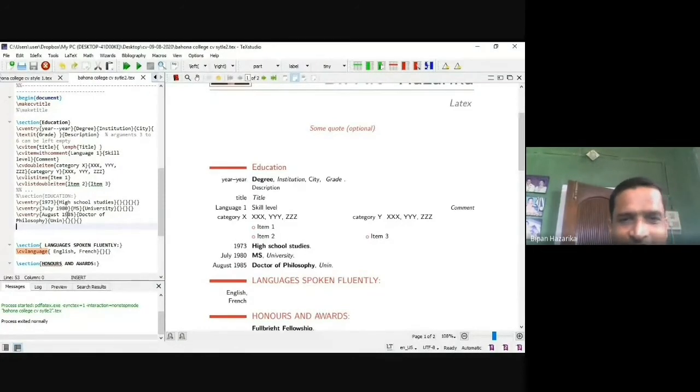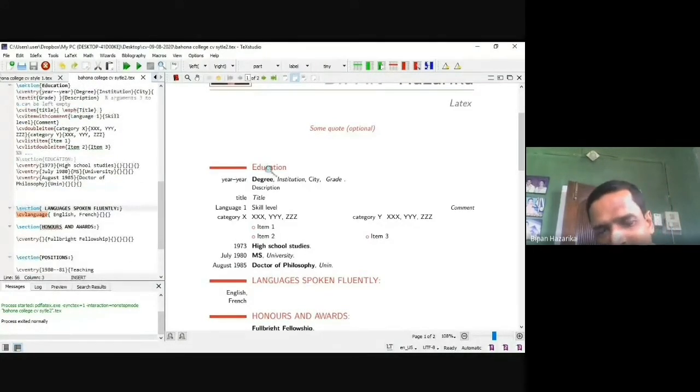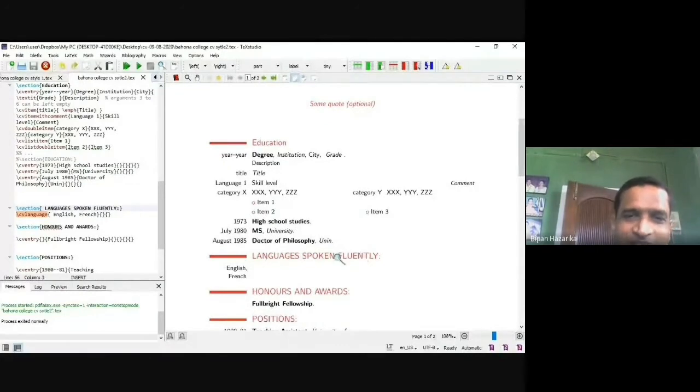Now other sections. So this is the education section in your CV. We can write all this information here in your education. Then skill, spoken English, so you can say English, French, others, so different languages you may know. So you can write your language. That means CV language shows your language abilities here. So different languages you have shown.